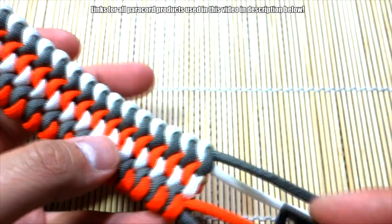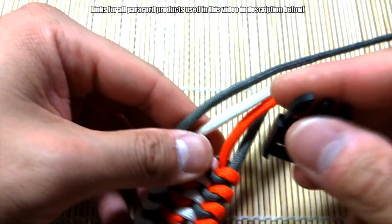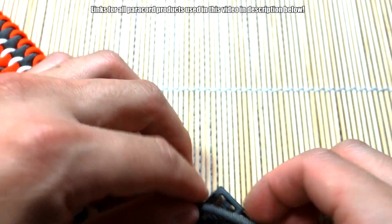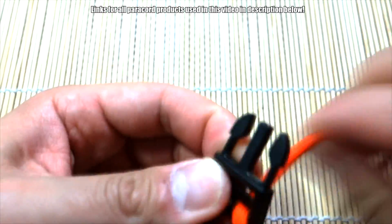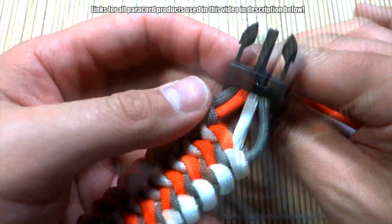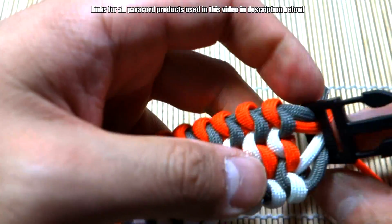Now make sure you attach this to the right side because this is a curved buckle. So I'm going to be going in through the top here. So let's put all our strands through the top of the buckle. Okay, so that was a little bit of a struggle, but I got them all through. It's not too bad. So now to secure,